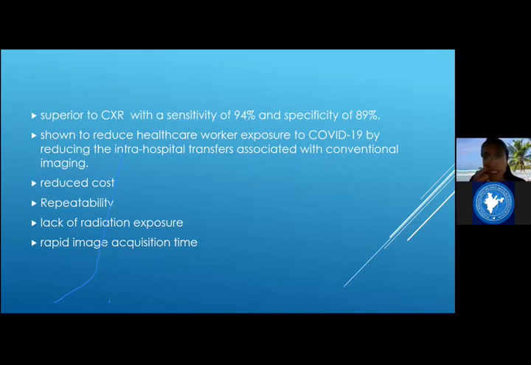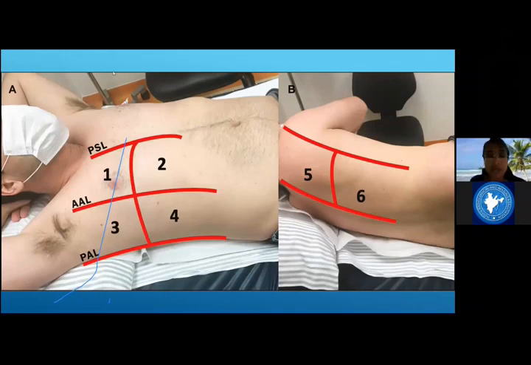So this is how we do it. We divide each side of the chest into 6 segments: anterior, lateral, and posterior. The anterior is bounded by the parasternal line, the anterior axillary line, and the posterior axillary line. So anterior, you have 2 segments here, then lateral and posterior. We should keep the probe